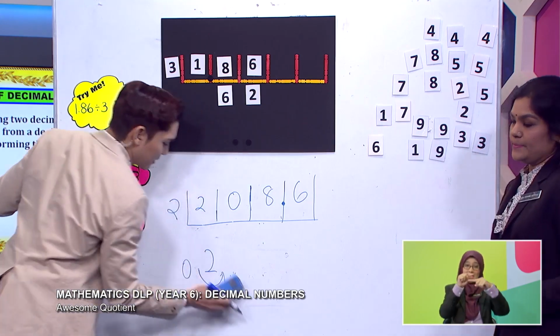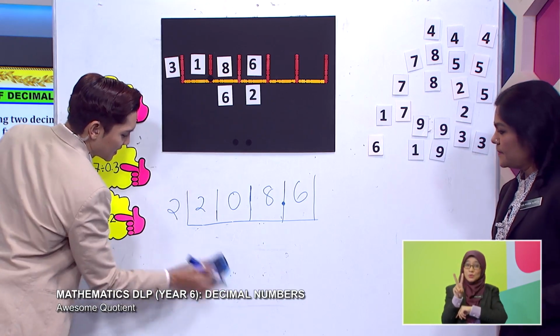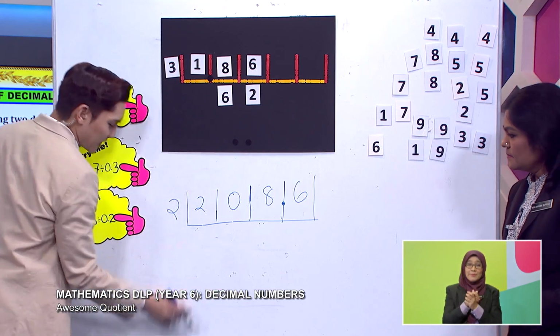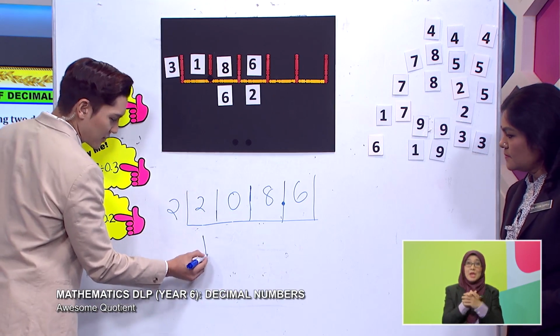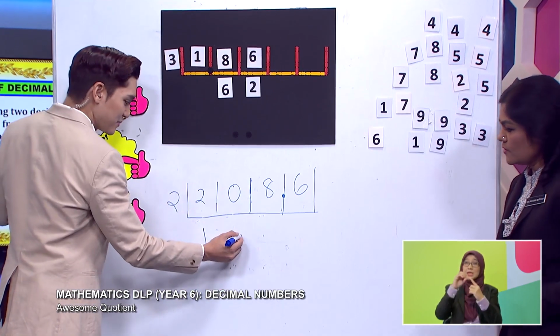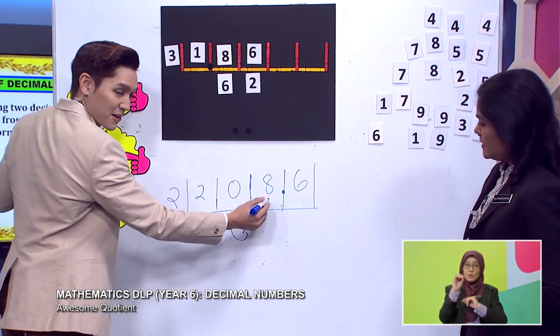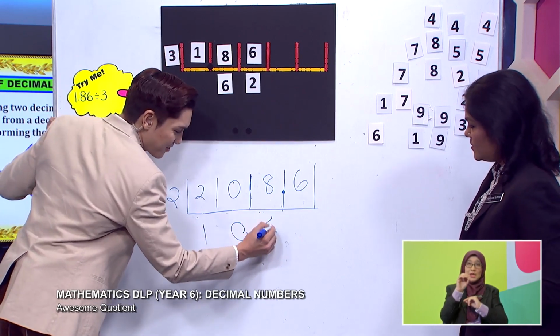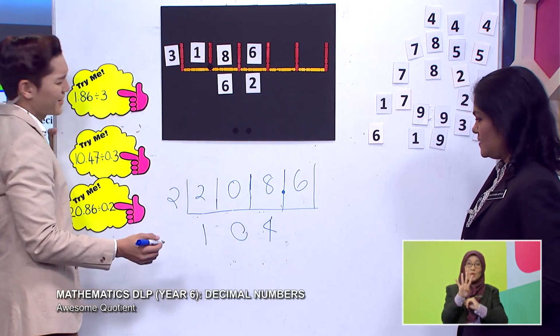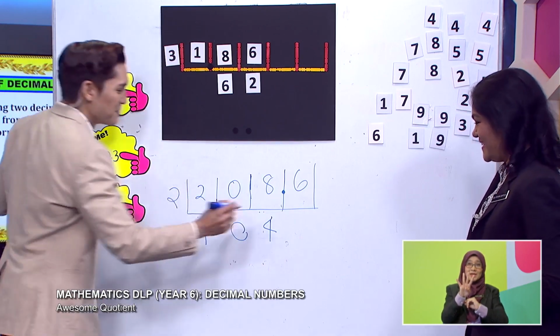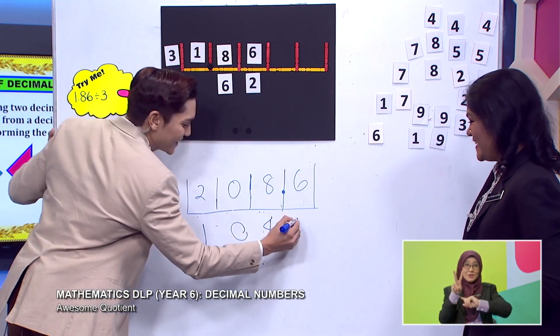Okay, I will remove this a bit first. Friends at home, you have to help me here. 2 divided by 2, we get 1. This is 0. 2 divided by 8, oh, this is easy. 8 divided by 2, 4. Sorry, 8 divided by 2. It's okay, too confident. 6 divided by 2, and you get 3.